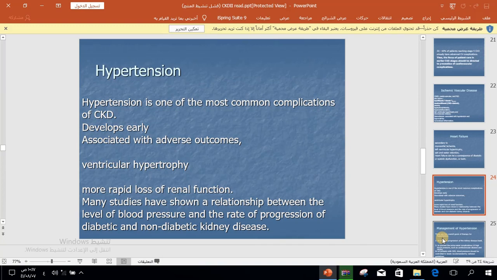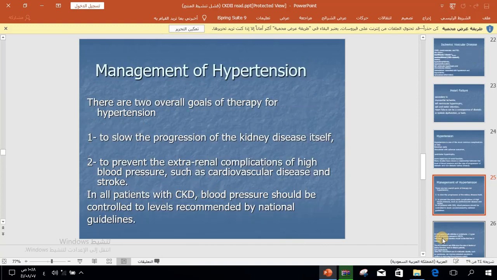Hypertension could be the cause in a quarter of cases of CKD, but it can be a sequel. Sometimes it's difficult to know whether the hypertension was the cause or its sequel. But it is not important to know this piece of information because at the end of the day, we need to treat the hypertension and keep it controlled as guidelines suggest. So we have to normalize the blood pressure and keep it controlled. By controlling blood pressure, we reduce the progression of CKD itself, and obviously, we are going to reduce all the cardiovascular